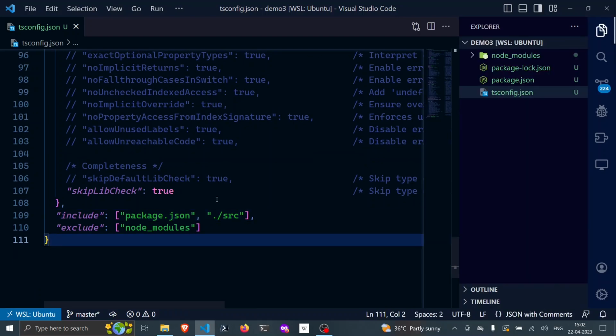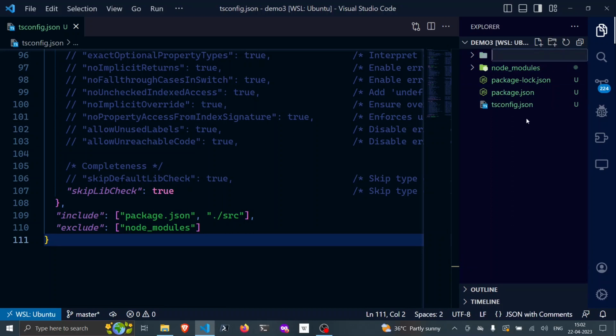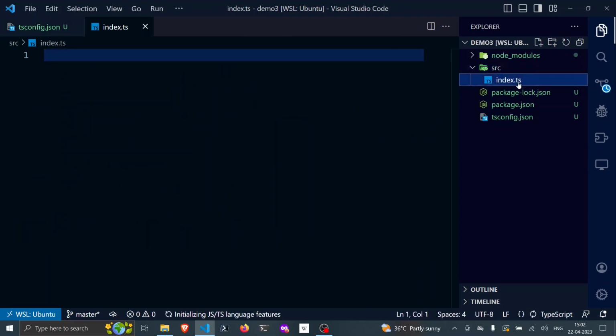Okay, the next thing that we're going to do is create a source folder, because we are saying that our TypeScript resides in src. So let's go and add that: src, and I want to say that index.ts is my entry point for my TypeScript. Index.ts. So if we see, there's no big difference than just renaming our .js to a .ts file. The structure as is remains the same. There's no huge code change, but in the next couple of minutes we'll understand why this is a huge difference